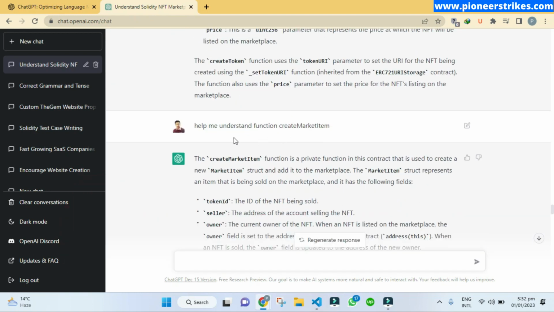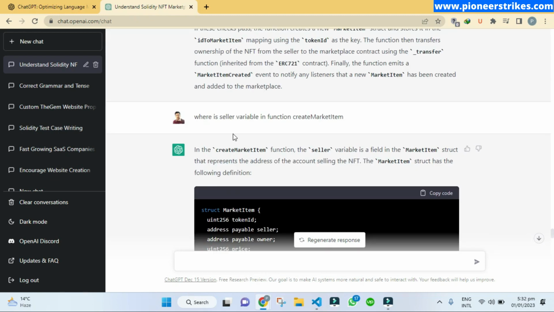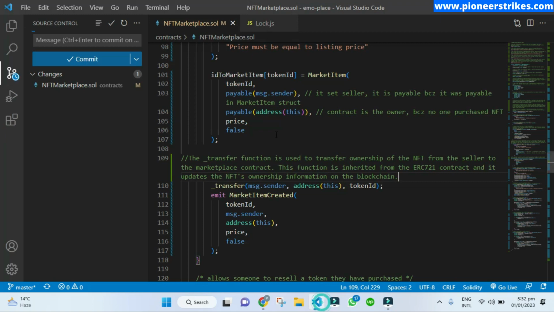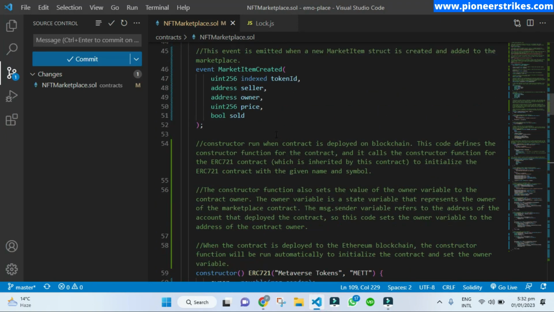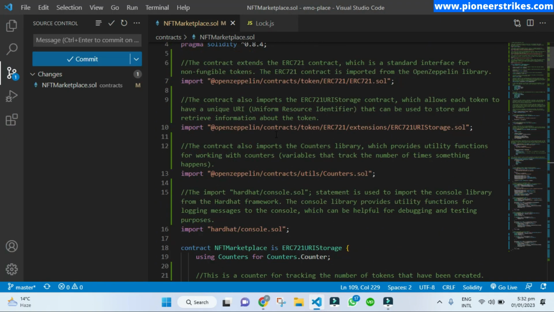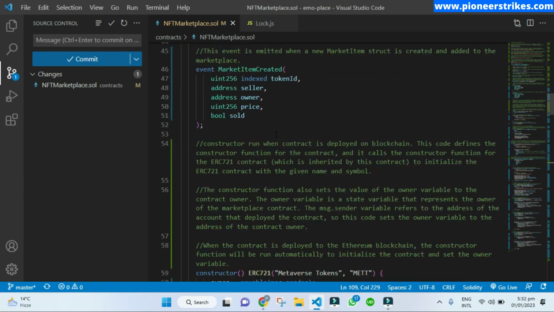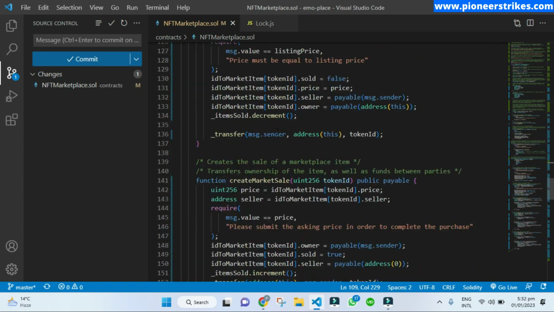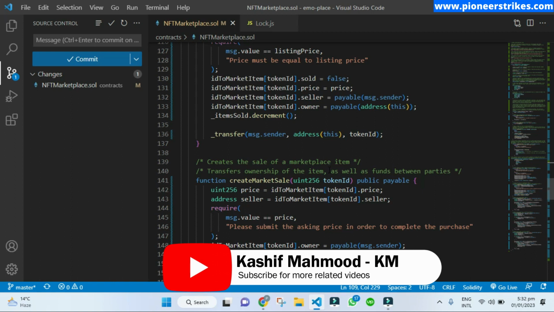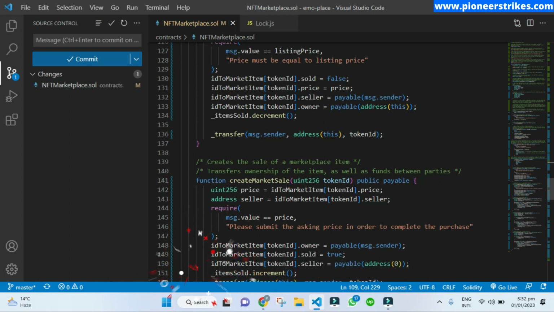So yeah, as you can see, I asked a lot of questions because I had a lot of confusion, and I wanted to add the comments in the code so that it can help me and future developers understand this code later on. So that's the use that I found with ChatGPT for programming and coding.